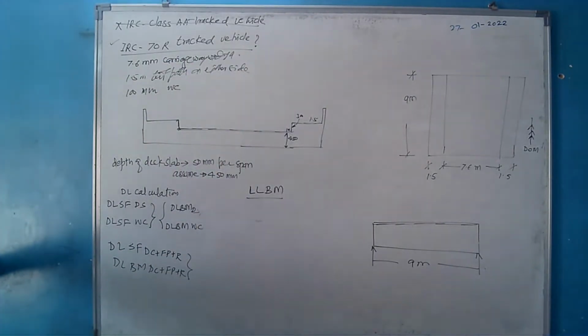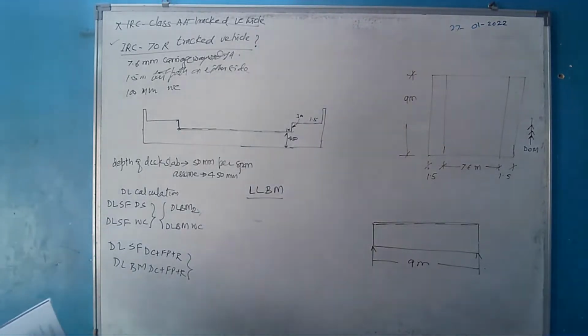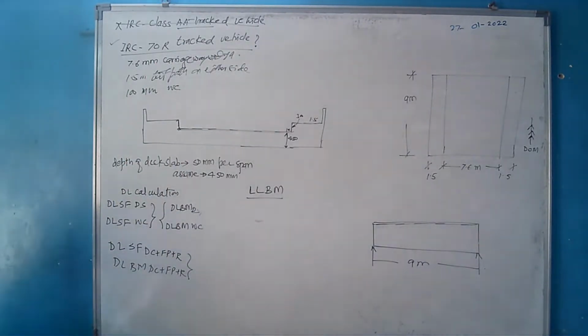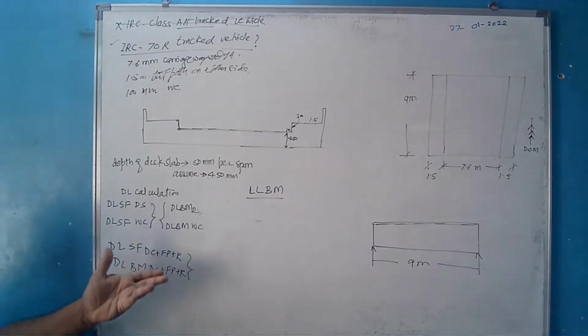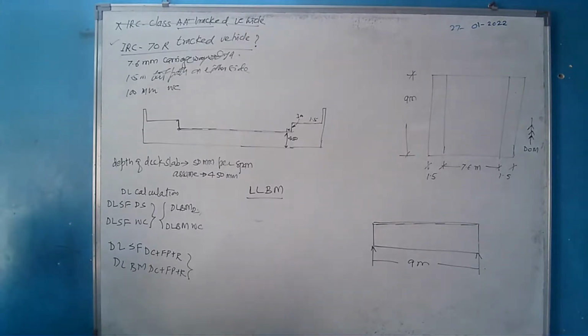IRC 70R vehicle is same as IRC class AA tracked vehicle, please refer IRC 6. ये व्हीकल होता कैसे है, अगर मुझे व्हीकल पता है कैसे है, डायमेंशंस क्या है, कितना लोड है, तो फिर मुझे मिलेगा कि उसका डिस्ट्रीब्यूशन कैसे कंसीडर करना है। प्लीज रेफर IRC 6, इट इज पेज नंबर 10, इट इज क्लॉज 204।